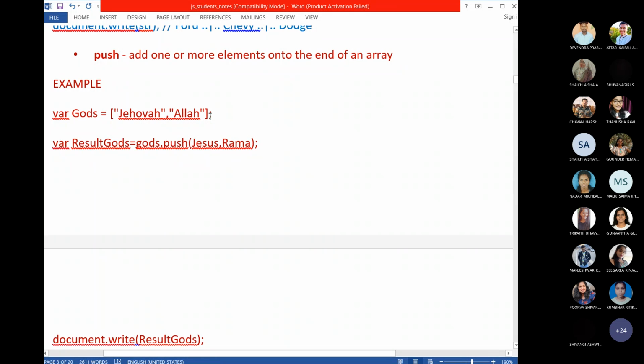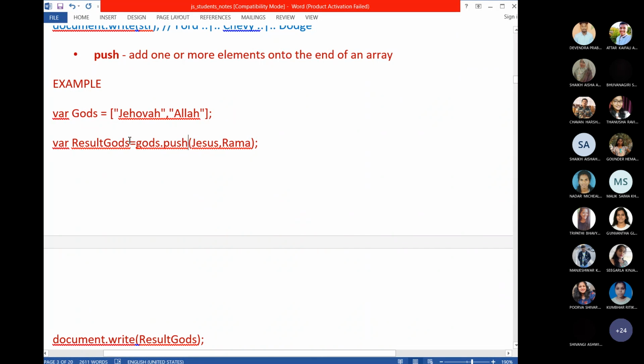Once you assigned this, gods became what? Array object. Remember, it became an array object. Now you are creating another variable here. Why am I saying variable? Why not object? Because I don't know till now which value will be assigned within this variable. Once seeing the value, I can say which object it is.